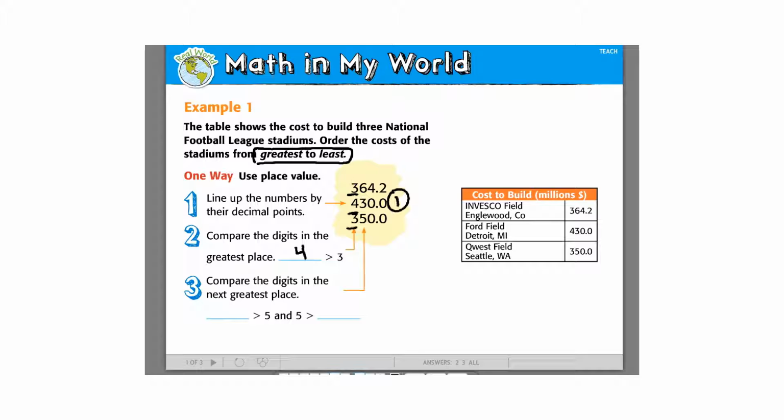Then we're going to go to the next place. We're going to compare the digits in the next greatest place. Go ahead and sharpen. The next greatest place is the tens place. So we're comparing a 6 and a 5. So because 6 is greater than 5,